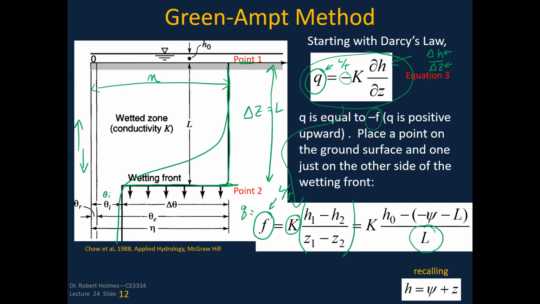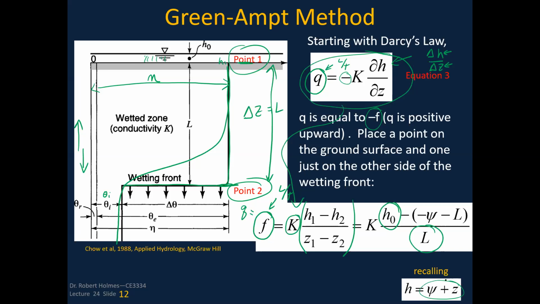So then I've got L is this Z1 minus Z2. And then if I look at my H and I say, okay, well, that's going to be H1 minus the H2. So here's point 2, here's point 1. Well, what is the head at point 1? Well, if we've got ponding on top, we can call that H sub O. That's the value of ponding. And then what is this down here? This is a negative distance L. So it's minus a negative L. And then we'll also have this suction head minus